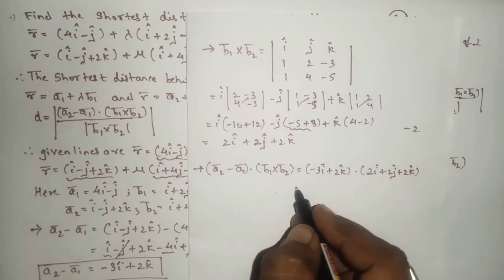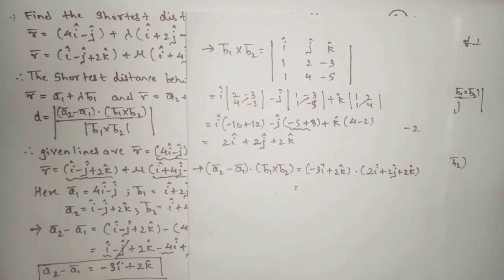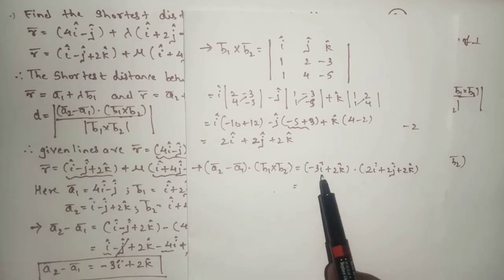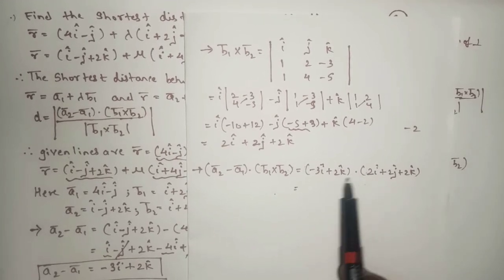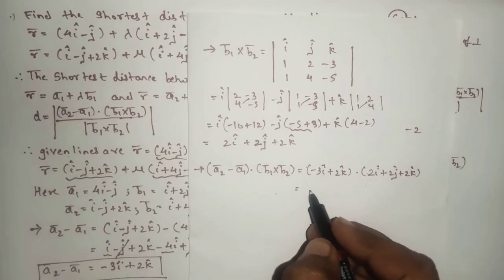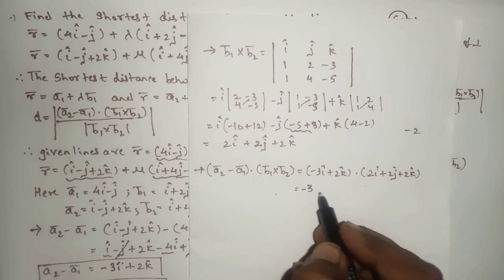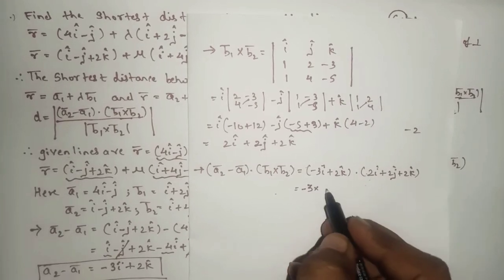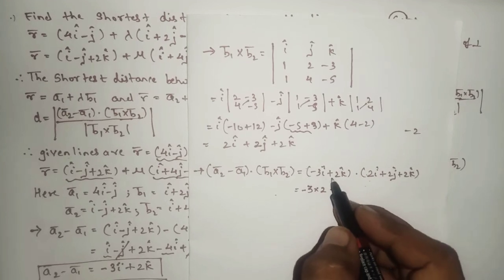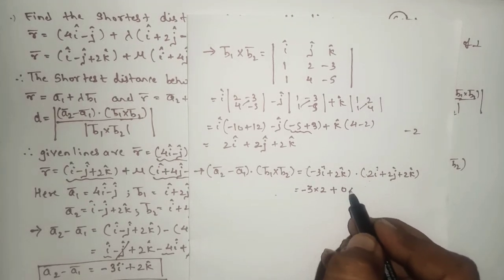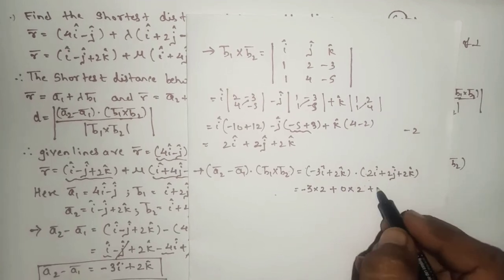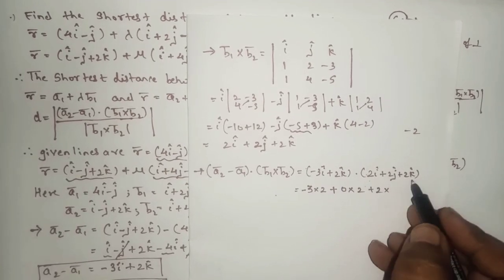Now we have to find the dot product, as I hope you all might be knowing how to find it. In the dot product, simply you have to multiply the coefficients of i, j and k, and then go on adding. Like here, what is the coefficient of i? It is minus 3 into 2. Then you will write plus, what is the coefficient of j here? It is absent, 0. Plus, what is the coefficient of k? It is 2.